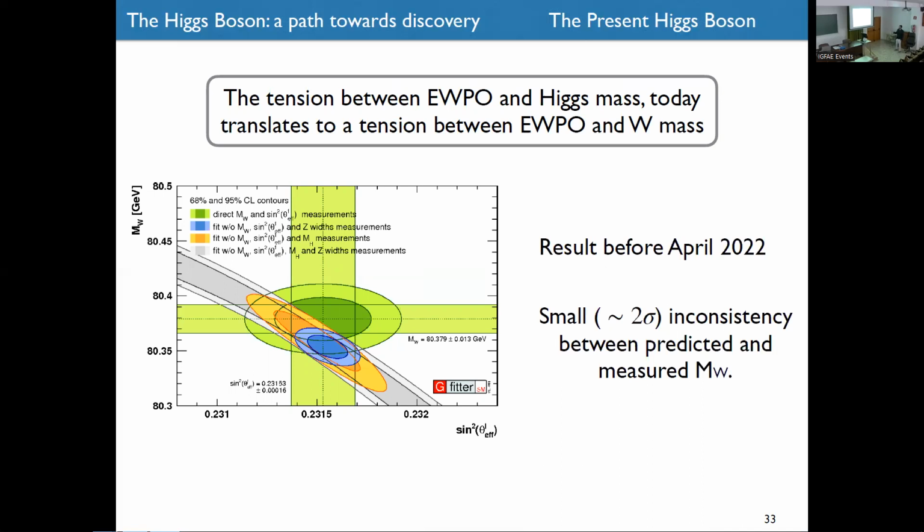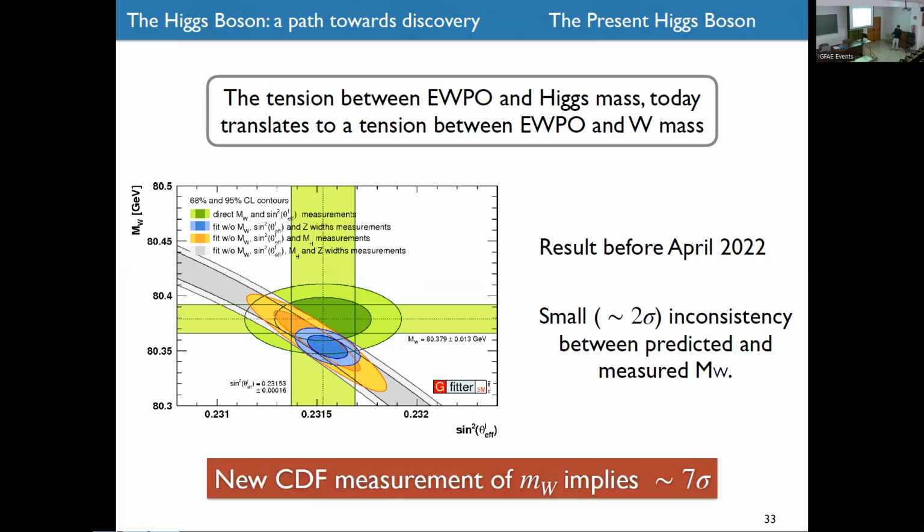Well, this is not surprising because we saw it was 2 sigmas at the time of 2009, so it's still just a 2 sigmas tension rather than inconsistency. Now, recently, the CDF gave us a new study of their measurement of the mass of the W, and that now implies a 7 sigma tension, partly because the center of the hole is pushed here, and partly, and most importantly,